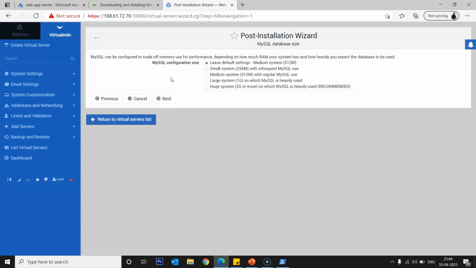So now how do you want to configure your MySQL? You can configure for the default setting, or for small systems, medium systems, large systems, or huge systems. I'll use the large system by default, because maybe in the future I will have databases which are more than 1 GB. Then next.